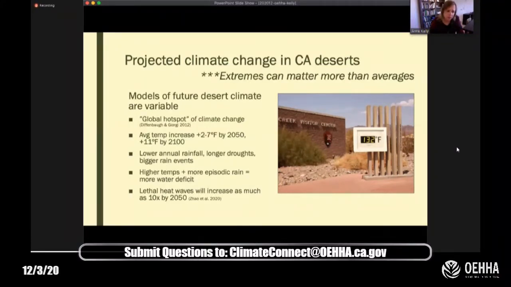Rainfall is also predicted to become more episodic, falling less frequently, but in larger storms. This trend is also dangerous for vegetation and other living things. This means longer drought periods between rains, and when the rains come, they fall so fast that they don't soak in, and the water just runs off into channels and can generate flash floods and erosion.